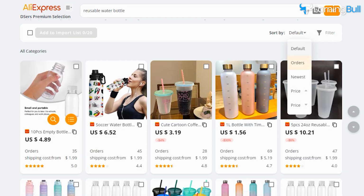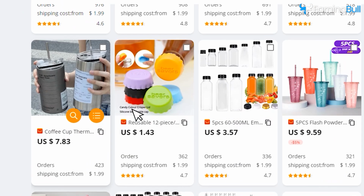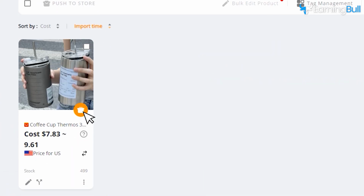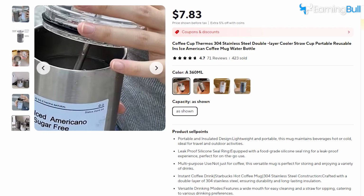Make sure to sort it by order. Once you have chosen the product, click the Import button and head to Import List and select Push to Store. Now that you have your product,